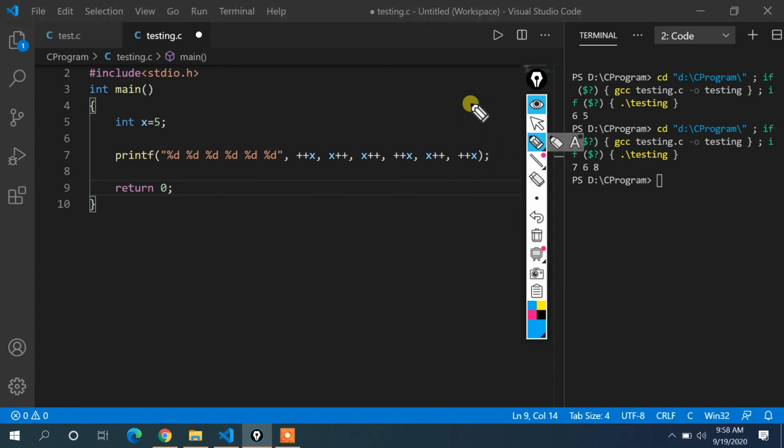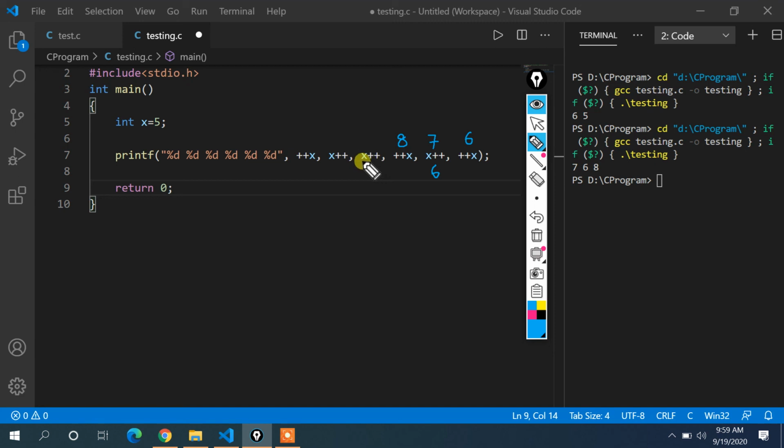Whenever we are executing it from right to left, the first term we receive is plus plus x, where x is equal to 5. So first it will be incremented to 6, but it is not assigned. This is a prefix term. Then this is a postfix term, so first it will be assigned, then incremented. Okay, then this is a prefix term again. Prefix means it will be incremented first, then assigned, but I will increment it and we will not assign it. The assignment will be done at the last. Okay, so now it is correct.